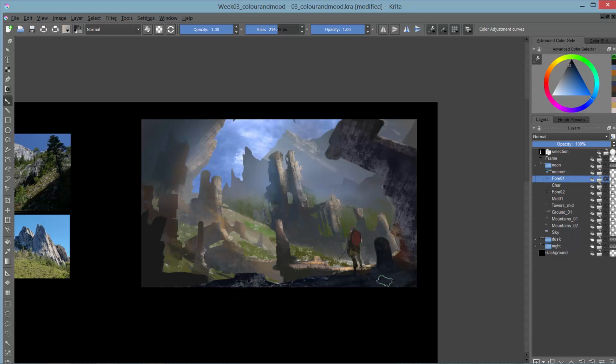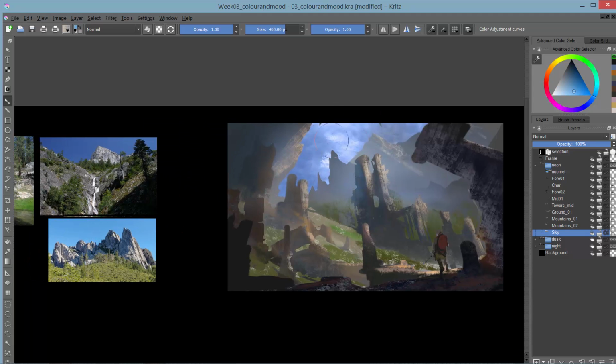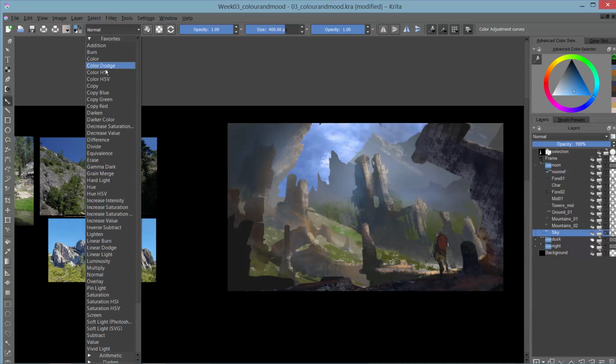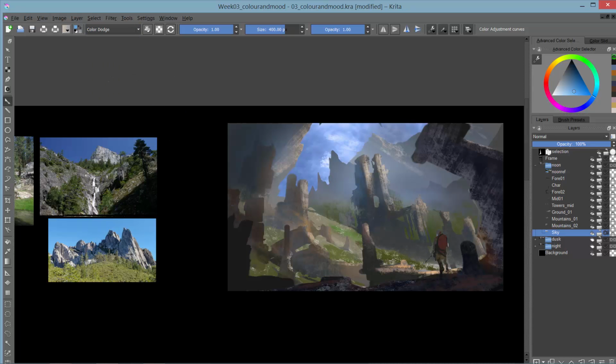Top left, you'll see where it says normal right now. That's the brush mode. So keep an eye on that. When it goes to color dodge, I'll point it out. Okay, so I think I wanted to get, there we go, color dodge,